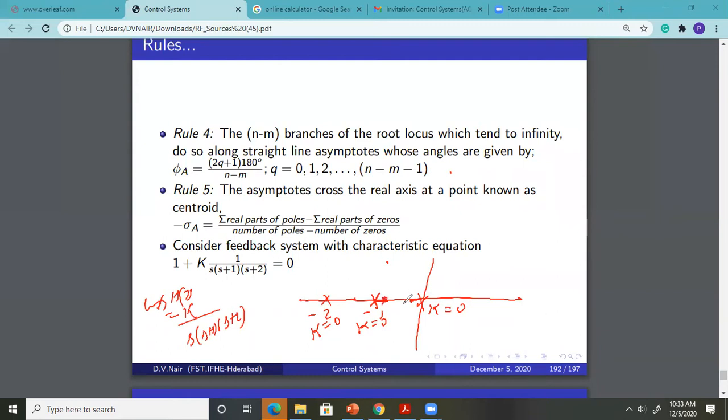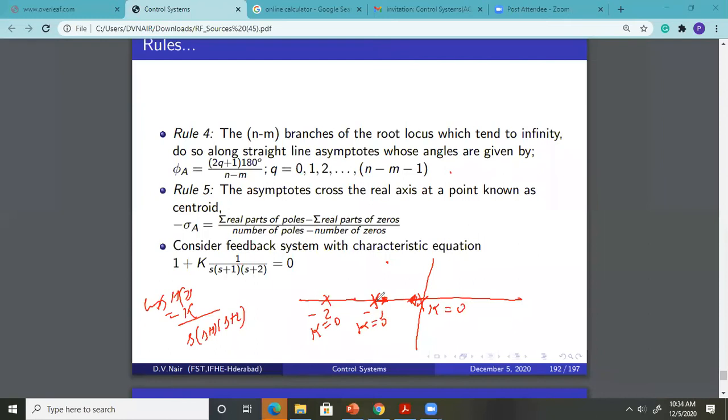Okay, so it means that when we are giving the directions to the branches, we have to see that whenever that particular branch lies on the real axis path only, it will travel in that direction. Otherwise, it won't travel, right, sir? Correct. Because when we say branch of the root locus, it means possible locations, positions of roots of the characteristic equation, right? Yes, sir. That means all these points have to be covered by the root locus.